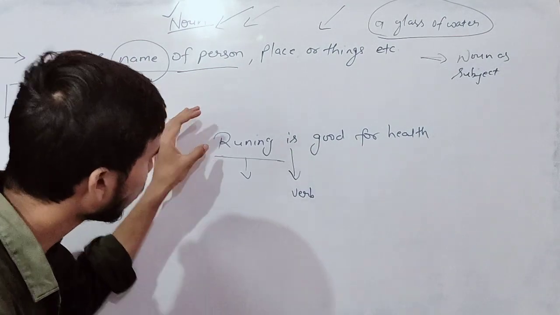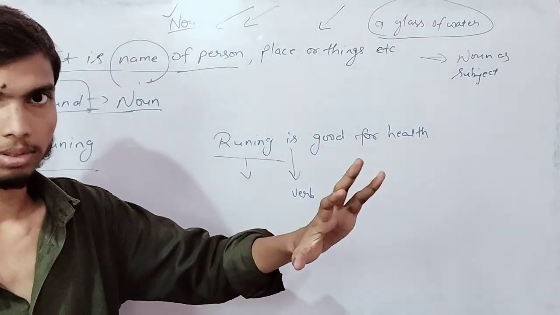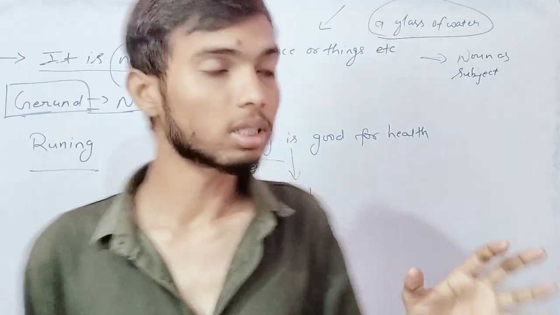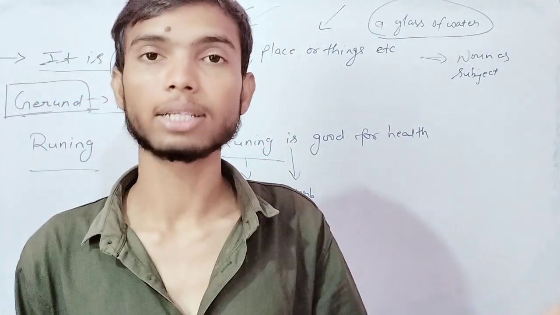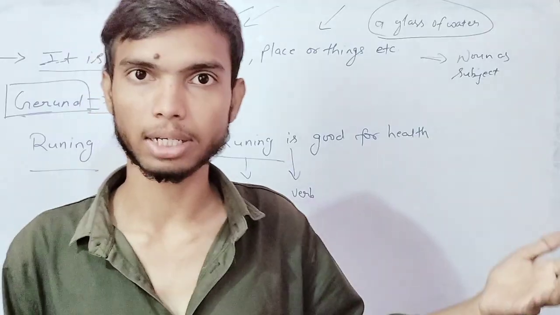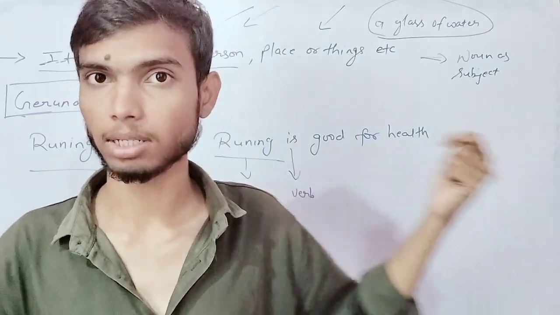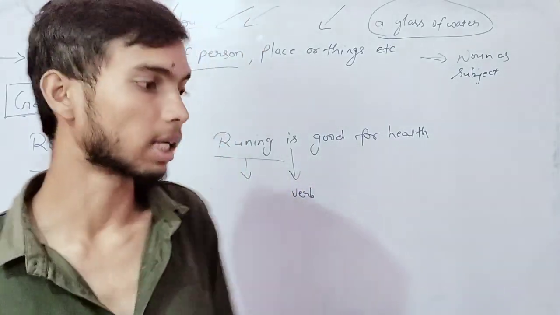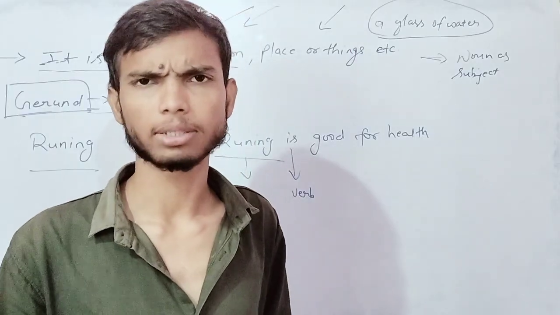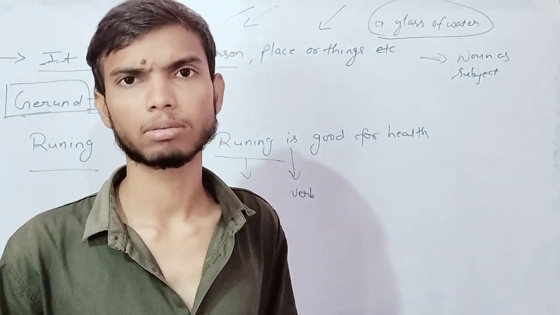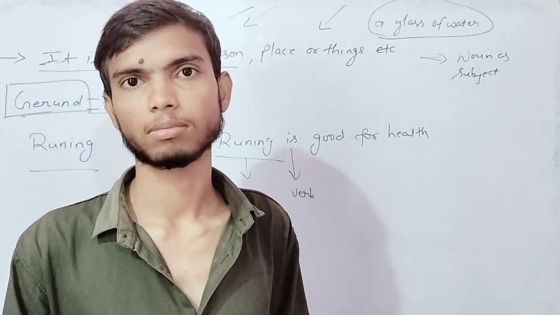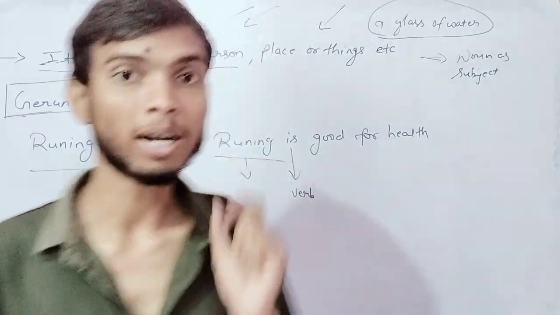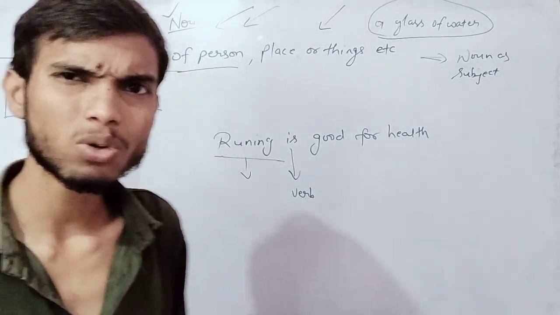Now, the meaning of this would be something else. When we use this verb as a verb in a sentence, then the meaning would be something else as compared to the meaning of this. Okay, running, I am running. You are writing something. I was speaking something. You were saying something. So yes, here something is continuous.